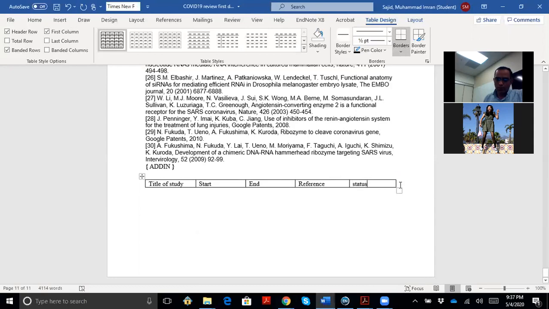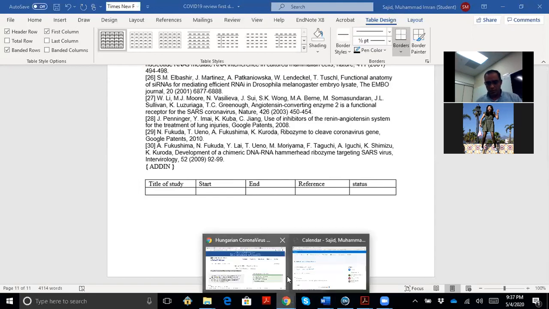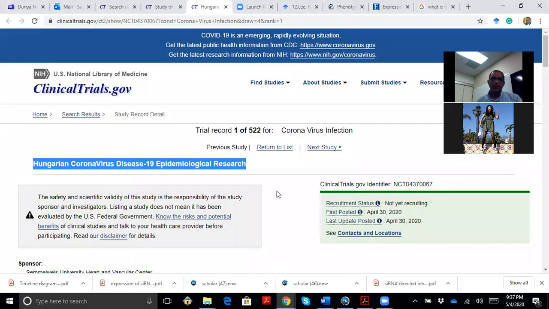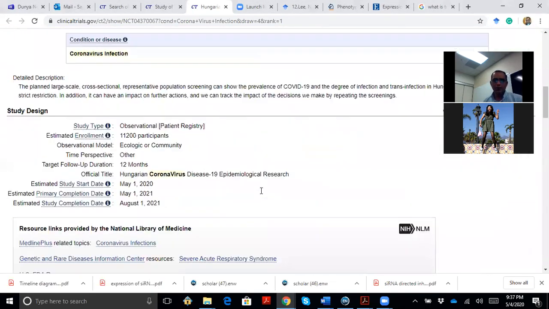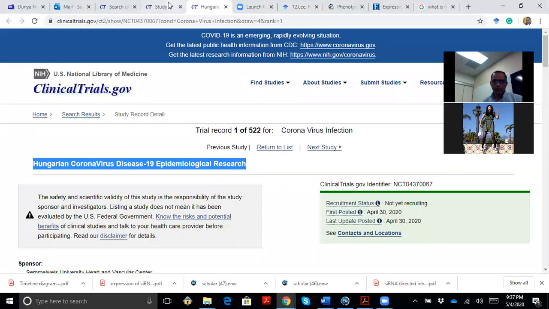So you want me to find out of the 522 clinical trials which ones are siRNA related? These are the total coronaviruses. This is all which is happening regarding coronavirus, right? And then you will automatically see the trend out of these coronavirus infections. How many are for MERS? How many are for